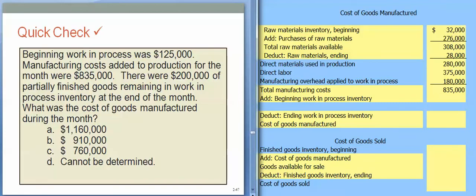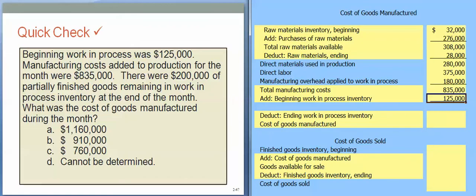Beginning work in process was $125,000. Manufacturing costs added to production for the month were the $835,000 we've just calculated. There were $200,000 of partially finished goods remaining in work in process inventory at the end of the month. That means the cost of goods manufactured will be $760,000. We'll take our $835,000 manufacturing cost plus our beginning work in process inventory, and that gives us the total